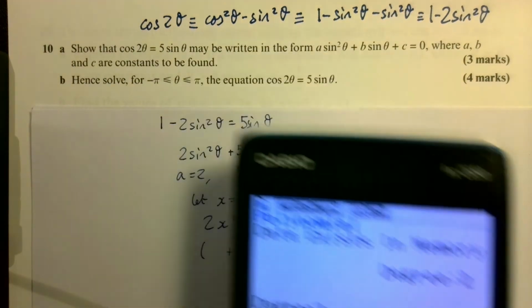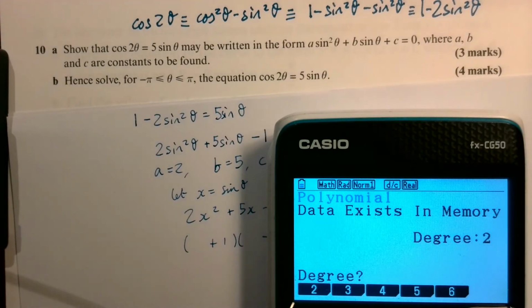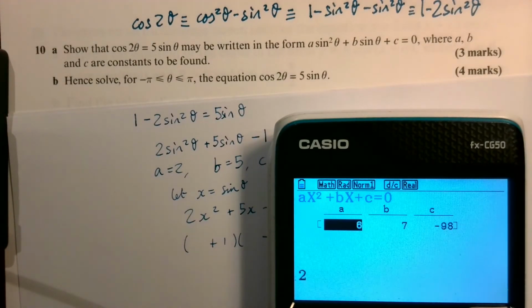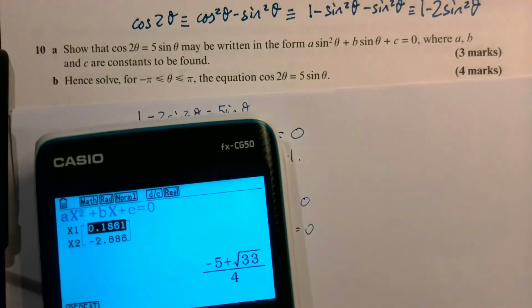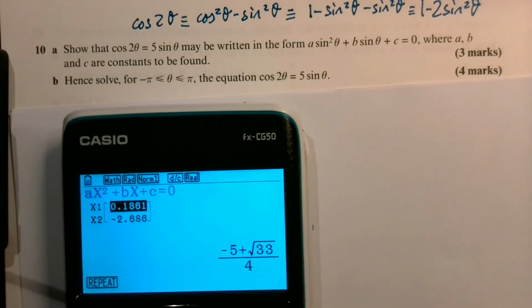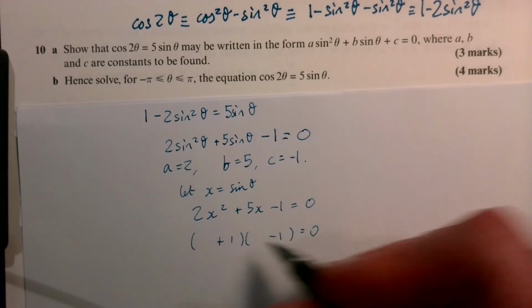polynomial, and what have we got? We've got 2 and 5 and negative 1, and that's giving us those two results there. So that's why it wasn't going to factorise. So if we put those in, we've got